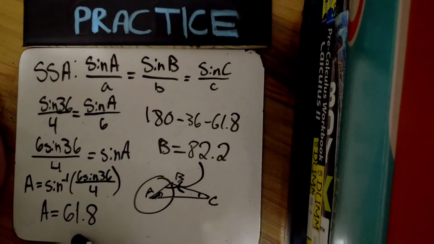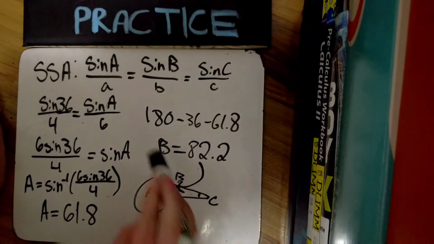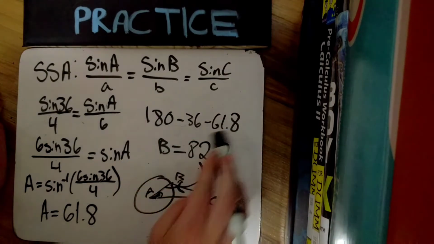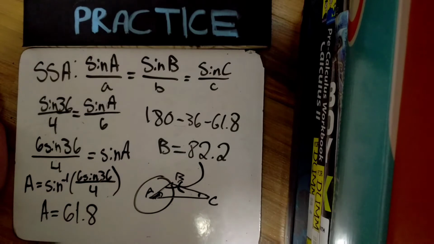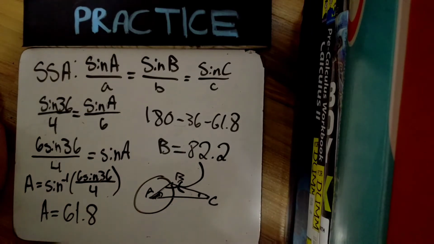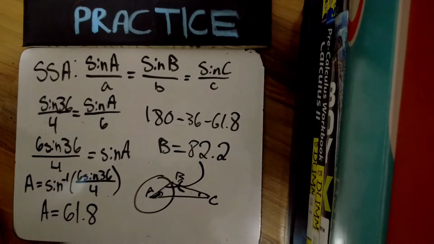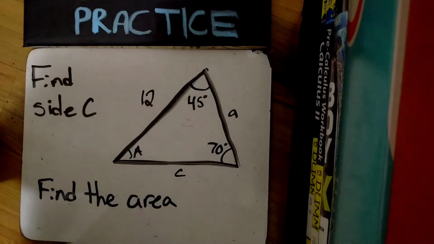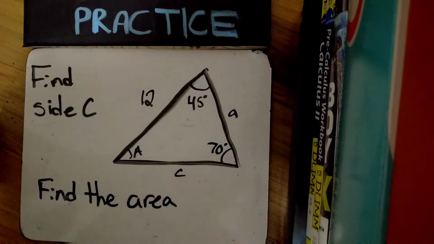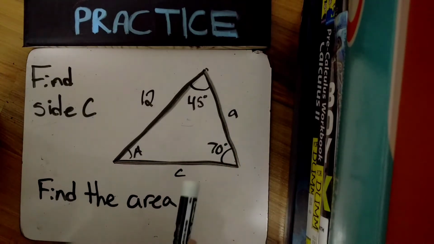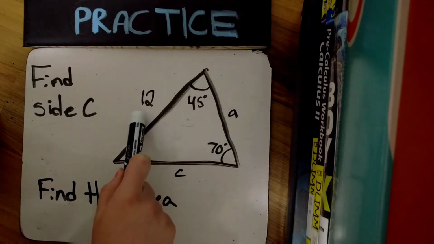So yes, you found A, but you have to do a little extra work to find B, and it's not that hard because you know the triangle has 180 and you know two angles, so just subtract them to find the last angle. So make sure you completed this practice problem in your notes and you wrote it down, and we'll do one more. For this next problem, we have a triangle right here, and we are given this side to be 12,